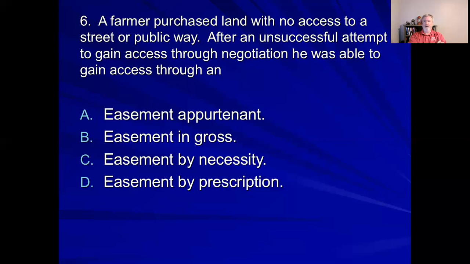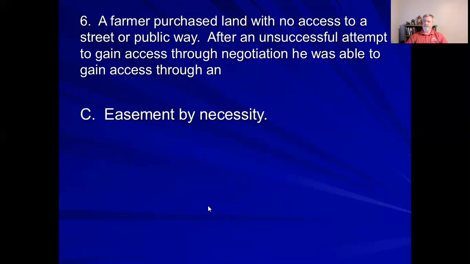Well, if you allow someone to continue crossing over your property and you take no action to terminate it, if they're allowed to do it for a long enough period of time, then they can now claim an easement, which means a legal right to cross over by prescription. The fact that you never tried to stop me from doing it, now you can't stop me from doing it. That's what an easement by prescription is really dealing with. All right, so I think, again, the right answer is by necessity.